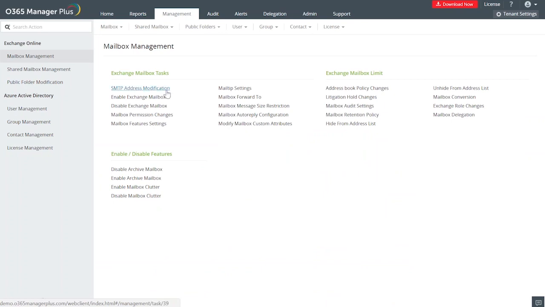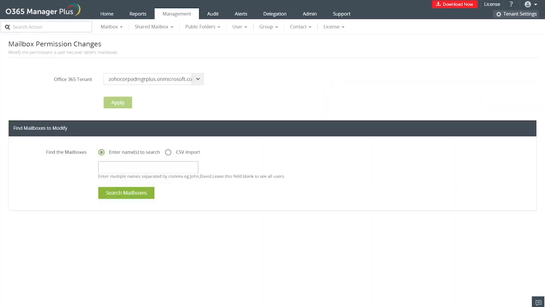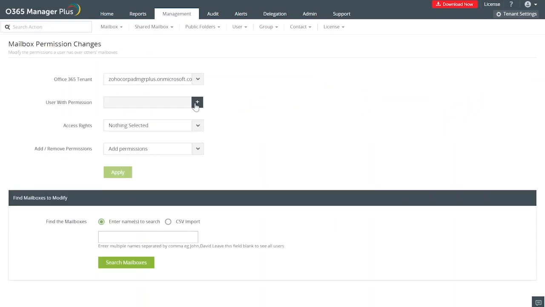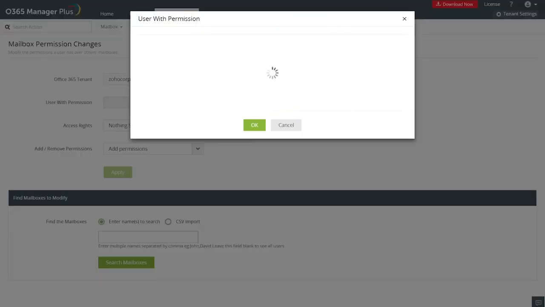Yes, so we can see the mailbox permission changes. Again, I'll go into it. Yeah. So in the user with permissions,